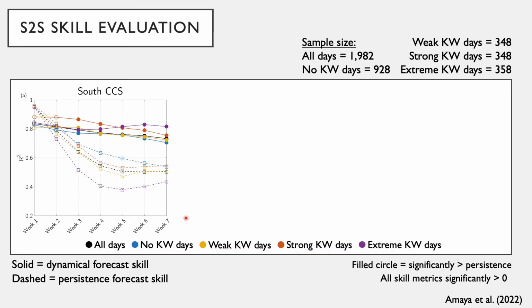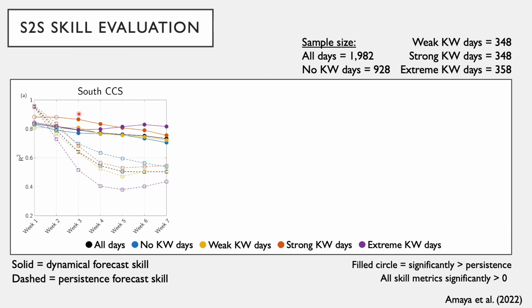And now finally, we can show you the dynamical forecast skill as a function of lead time, now aggregated to weekly leads, but also composited based on Kelvin wave intensity at forecast initialization based on the amplitude of the coastal Kelvin wave index shown in the previous slide. So right here, I'm just showing you an example from the South California current system. The dashed lines show you the persistence forecast skill, and the solid lines are showing you the dynamical forecast skill,